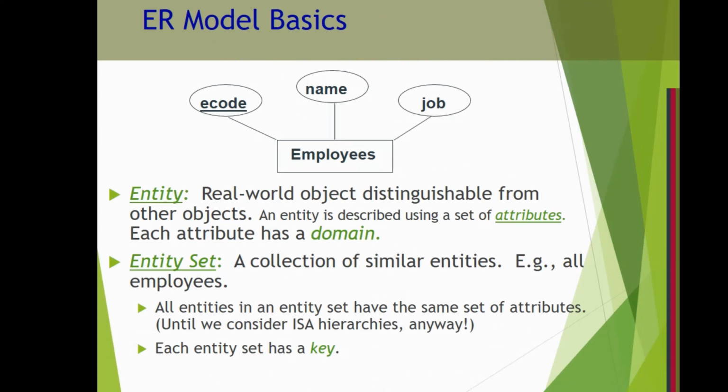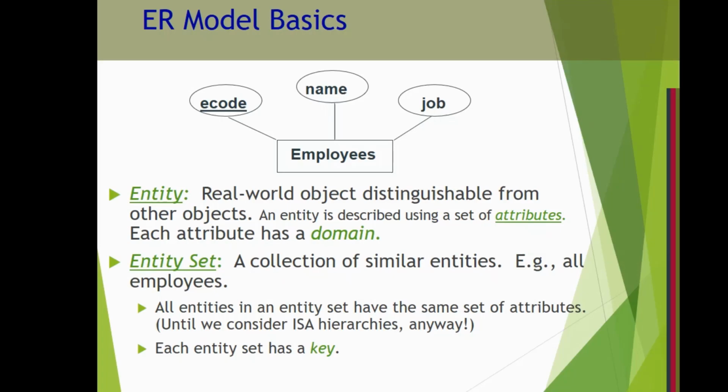Now see, what is this, employee code. I'll just give you a small example. Name, job. You just have three attributes there. Okay, I'm just showing you an example. So what is the entity here? Tell me, employee. What are the attributes? E-code, name and job. So these attributes are shown by ellipses and the lines joining these attributes to the entity.